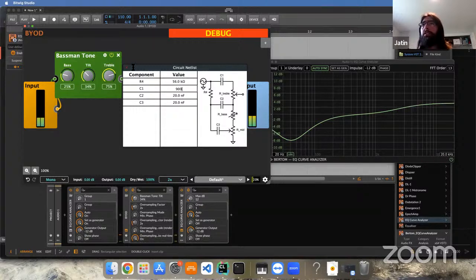What if we make it even bigger? Or sorry, wait, yeah, bigger. 900p. Okay. What if we do something like that? Yeah, so we can get some interesting results from messing with the circuit schematic like this. And yeah, that's kind of the idea here,